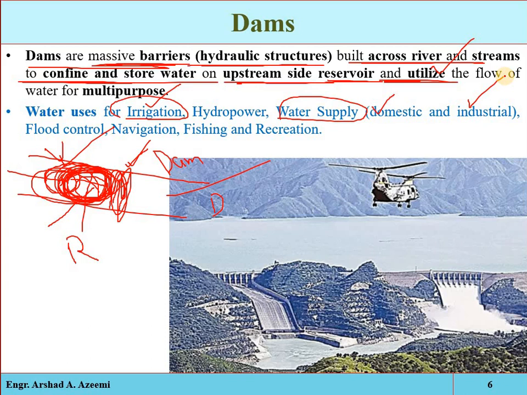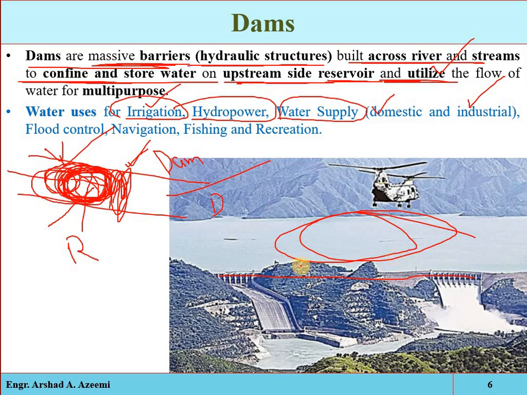Okay, and also that stored water can be used for hydropower, because when we construct an obstruction, the water will be stored at the upstream side, its level will be raised, and then that high head will be converted into electric power. Power can be generated from that raised level of water. Okay, and also see,